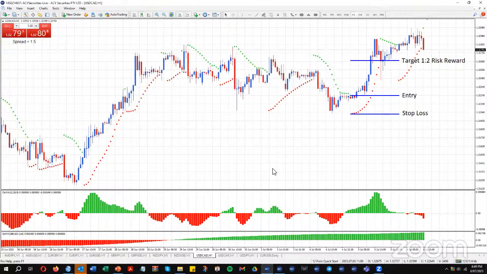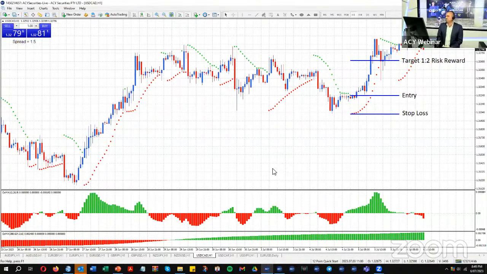If somebody's telling you that all I do is have wins, we know they're just lying, because the natural game of trading is you have wins, you have losses, you have break-even trades. And probably, you only have to be right 50% of the time to potentially make money. But what you do need is a good risk reward scenario in your trading. So that would be the first thing that I would look at as you're setting off with your trades, is make sure you have that risk reward set up there.